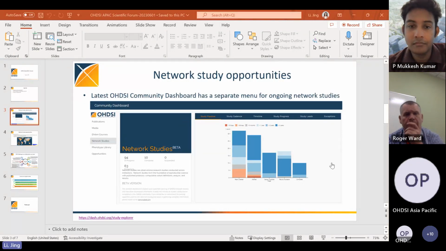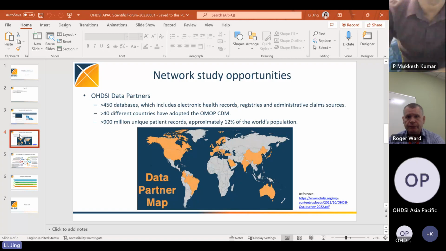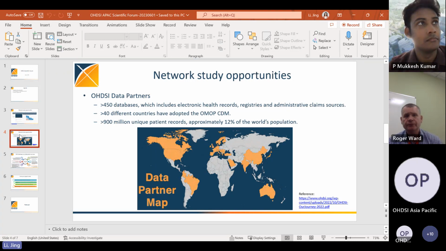Cool. Then the first thing is that if you are really looking for a network study to participate in, here is the place to go. Second, the feedback we got from previous surveys and polls is that obviously not all of us have access to data, or even if we do, probably just our own data. But the beauty of a network study is that although you may or may not have data yourself, you can contribute not only data, but also your epidemiology knowledge, your data science knowledge, anything like that. It can be used or contribute to a network study from so many different